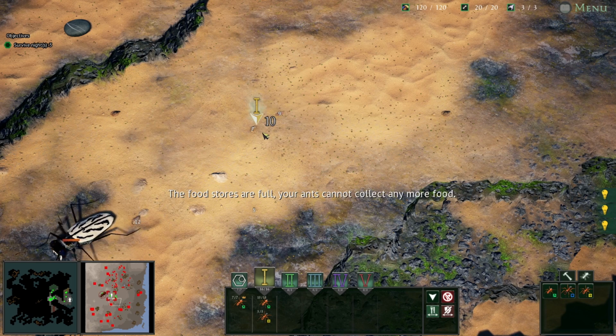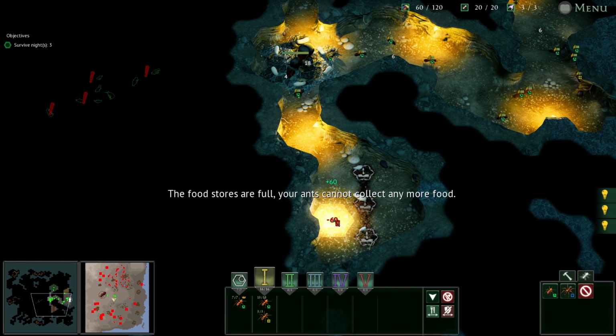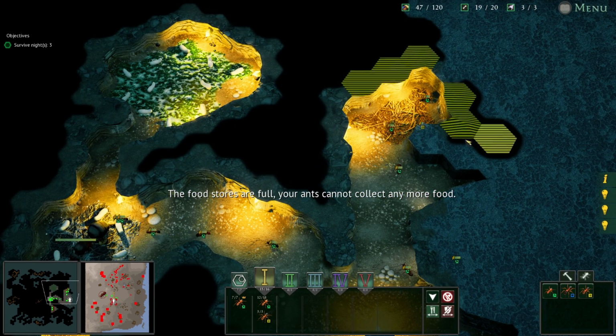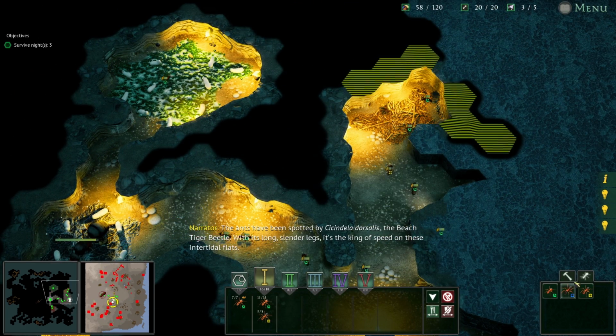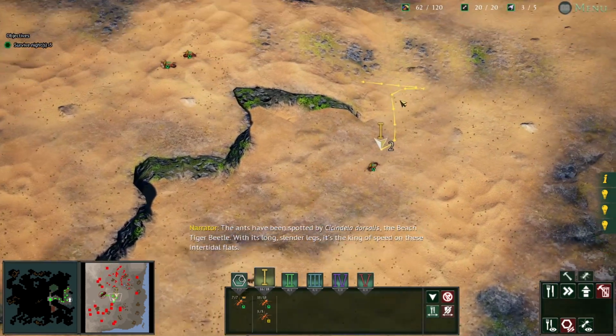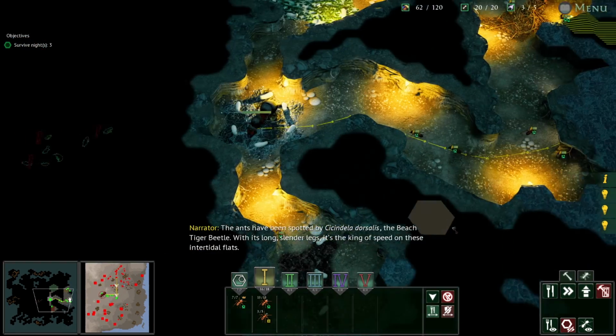So there's only a couple of bits of food down here. Our food stores are full. We really need to stop that. So we'll build some more. When we get some more food, we'll build some more food stores there. I actually do need to go back and probably move these because I imagine, yeah, they are getting a little bit...